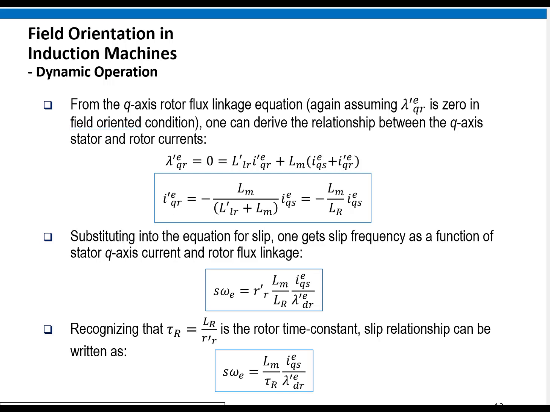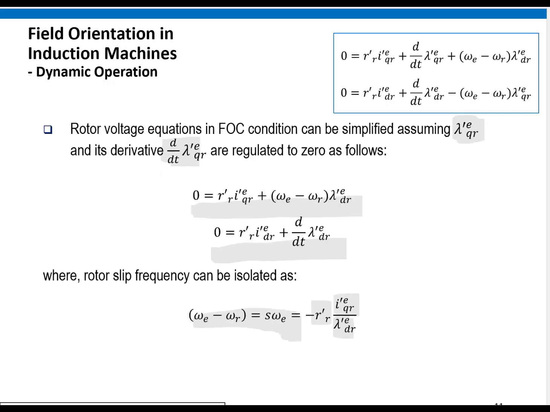So from all of this, you can derive the relationship. The idea here is let's derive the relationships between the Q-axis stator and rotor currents. So the Q-axis rotor current relates to the Q-axis stator current by this ratio of inductances. They're very close, just the leakage inductance difference. And since we know that, we can substitute the slip equation